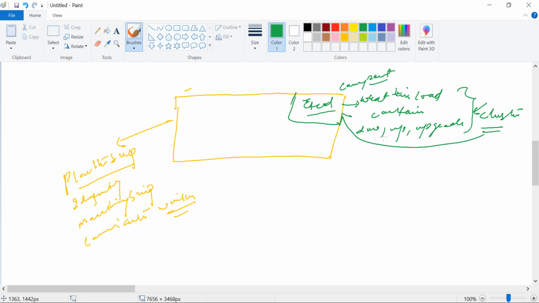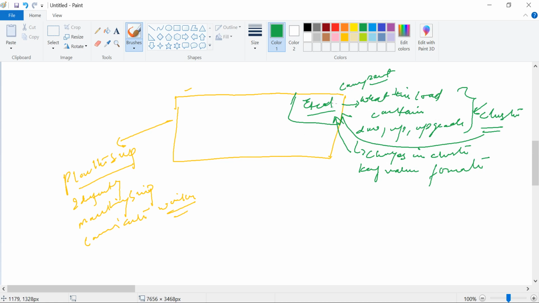All the changes in the cluster will be written in the etcd component in the form of key value pairs, key value format. So all the things are stored in etcd: any communication, what nodes are up and down, what containers crashed, what containers are going to be upgraded, what new containers have been launched. So all the things are stored in etcd.